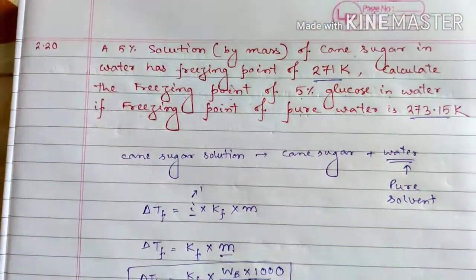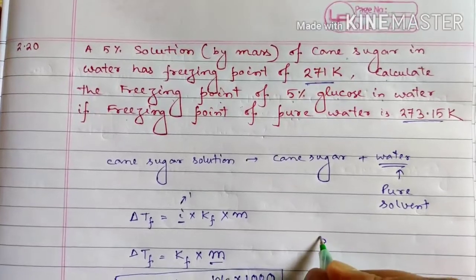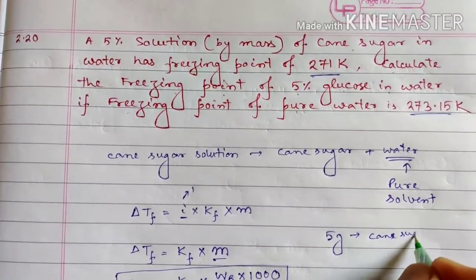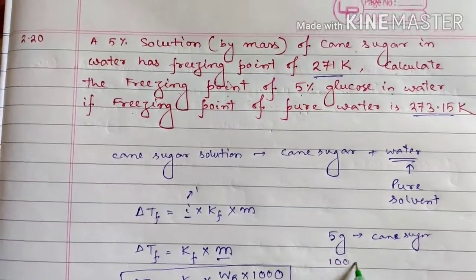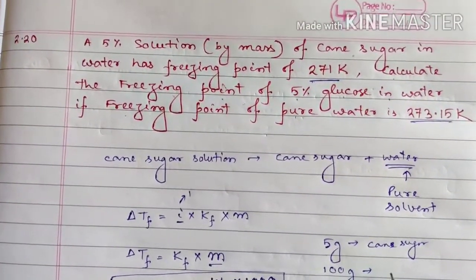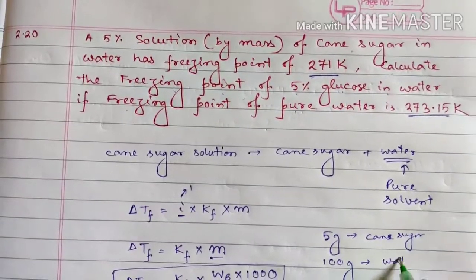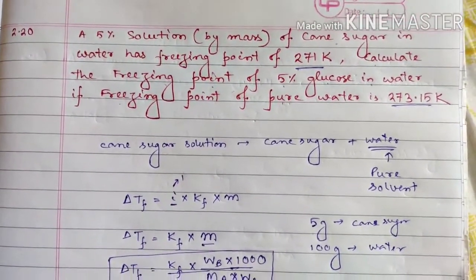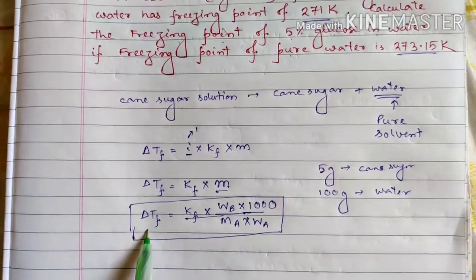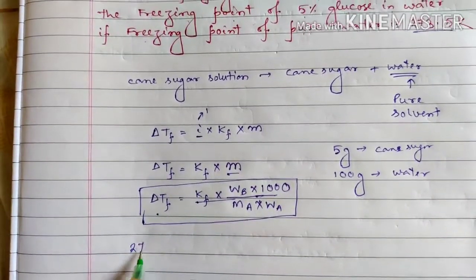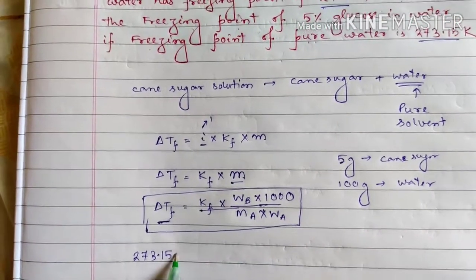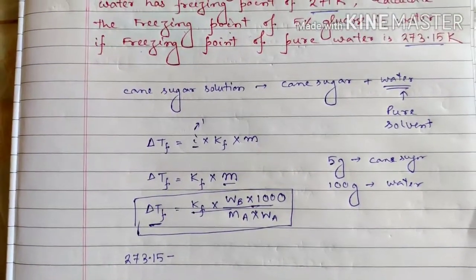Now let us see what things are given. It is a 5% solution. So we can take 5 gram of cane sugar, and it's by mass, so it is dissolved in 100 gram of water. KF is not given. Delta TF, how much should it be? It's a depression in freezing point already. So it is 273.15 minus